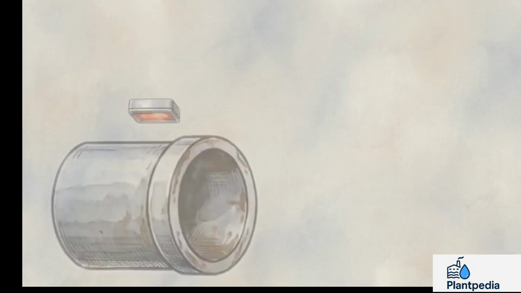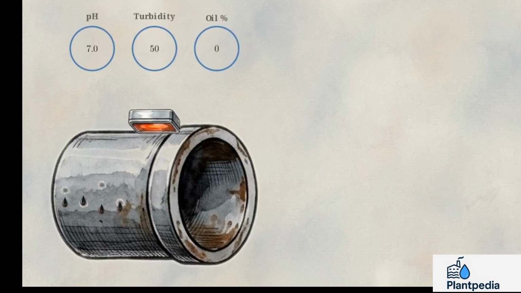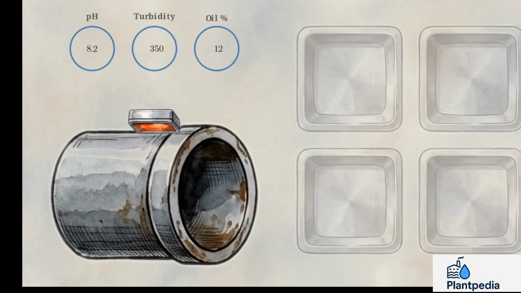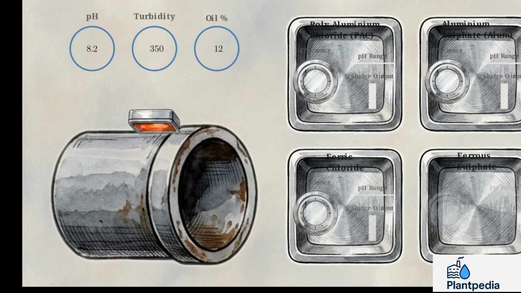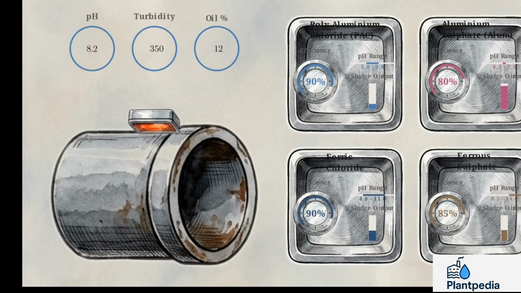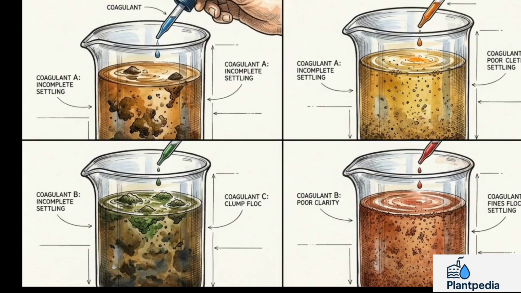The central objective of your plant is to precisely match the raw influent characteristics, specifically your starting pH, your baseline turbidity, and your oil concentrations, to the correct chemical profile. This matrix outlines the 4 primary coagulants engineers rely on: polyaluminium chloride, aluminum sulfate, ferric chloride, and ferrous sulphate. To make an empirical selection, we evaluate each across 4 rigid parameters: baseline efficiency, optimal pH, target application, and operational